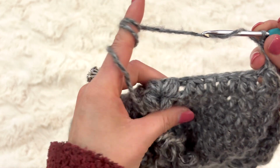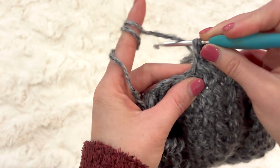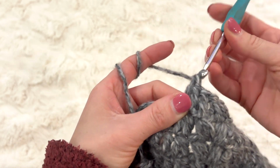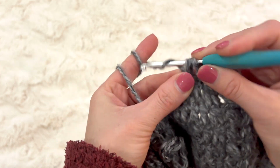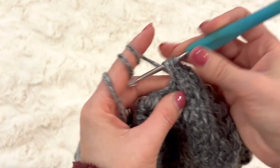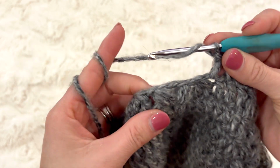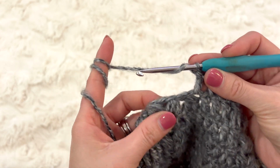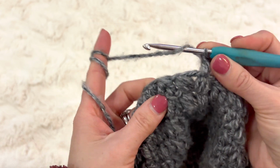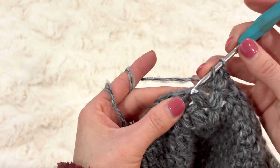Then I'm going to make a double crochet in each of these 5 stitches right here. First 1, 2, 3, 4, and 5. And then I'm going to double crochet on top of the pop stitch, double crochet in the middle space, double crochet on top of the